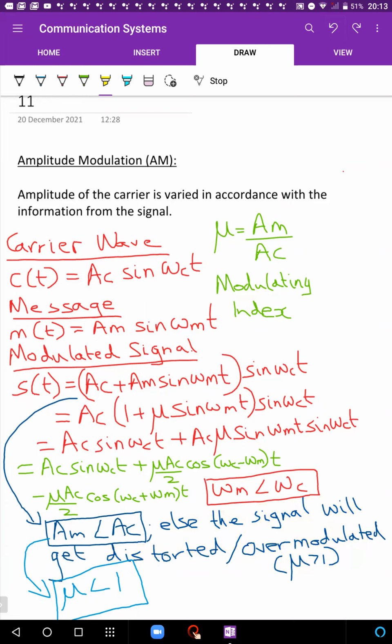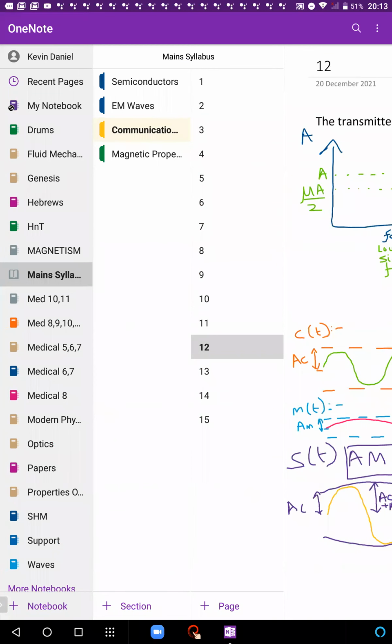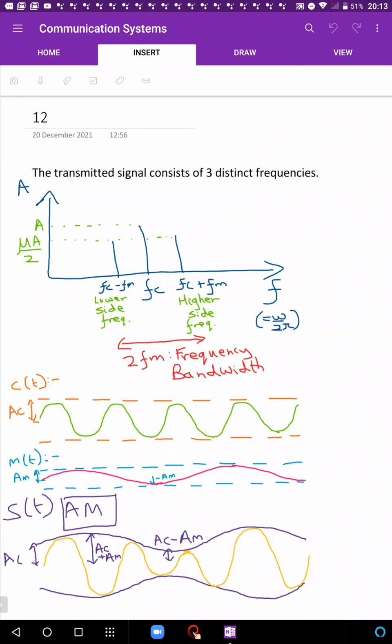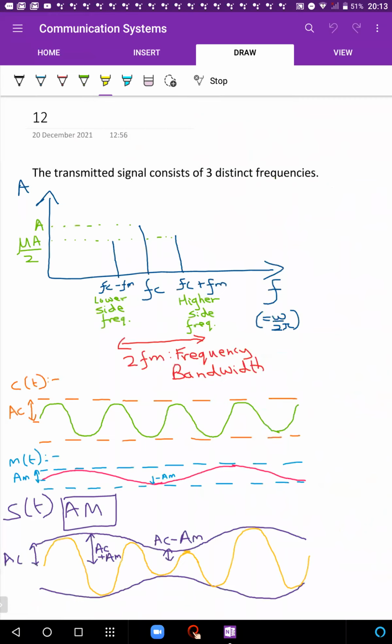Now, one of you is asking, sir, how can we just add our message signal on top of AC? In 2 minutes, maybe I think we'll just finish this page. So just imagine this. Let me explain this diagram, and then I'll continue this in the next class and finish it off. And if there's anything else to wrap up in the other track, I'll wrap that up on Thursday.